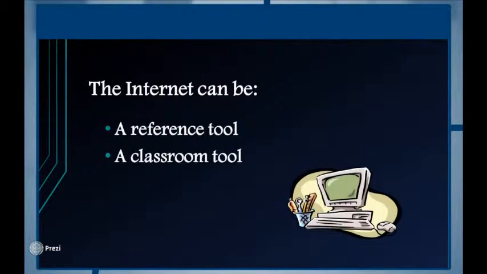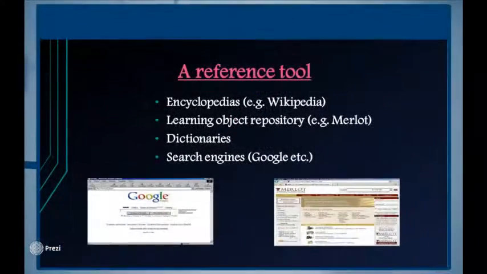The internet can be a reference tool or a classroom tool. When we say a reference tool, it means that we can also look up sources of information from the internet. It is even faster and easier access to various information shared by many people around the world. Examples of sources of information in which the internet is used as a reference tool are